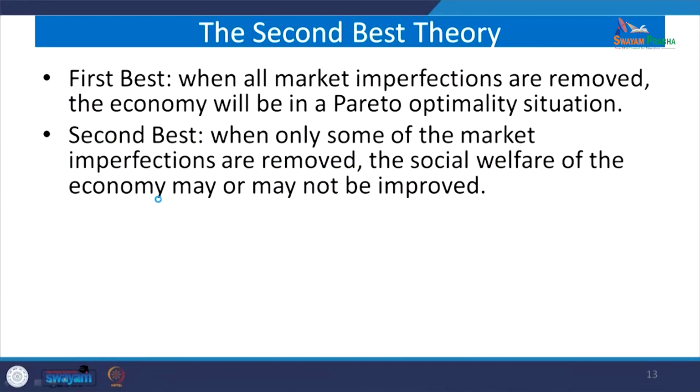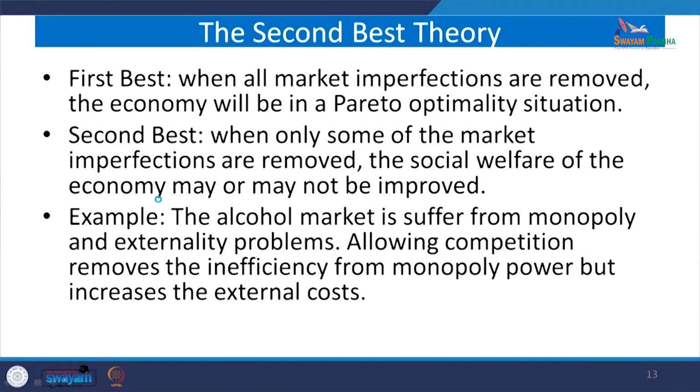What is the first best then? When all market imperfections are removed, the economy will be in a Pareto optimality situation. Second best is when some of the market imperfections are removed, maybe through a union or through fewer restrictions. The social welfare of the economy may or may not be improved, but at least it will be close to the optimality. For example, the alcohol market is